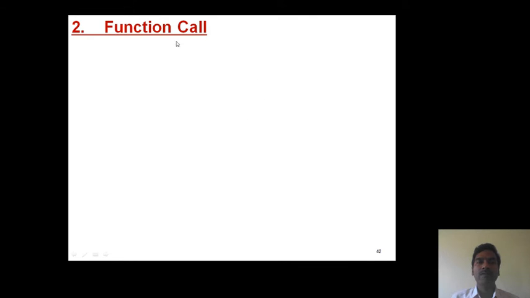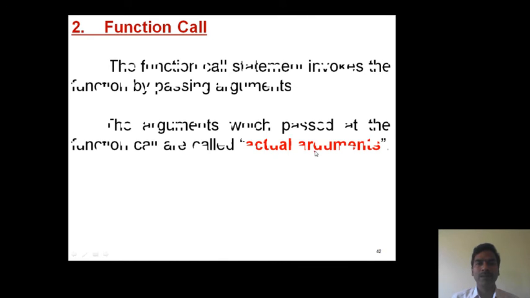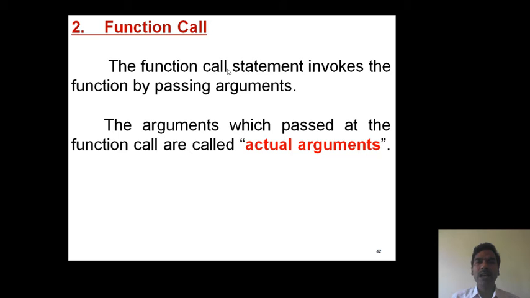Second one, function call. A function call is a statement which invokes the actual implementation of the function by passing arguments. The arguments which are passed at the function call are called actual arguments. This is an important point: actual arguments.